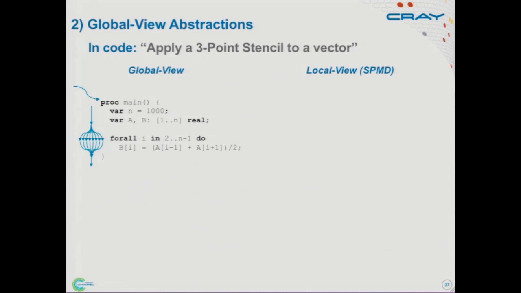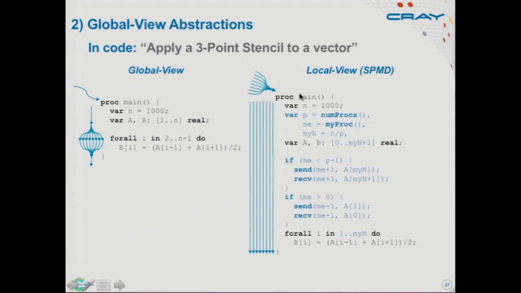But again, things like MPI and most of the traditional PGAS languages use more of a local view or SPMD model. In that model, things look like this. You write your main procedure assuming that not one copy of it is running, but many, many copies of it are running, and that's where your parallelism is really coming from. All the blue code on this right side of the slide is things I had to change from my conceptual global view code in order to get this local view code. And I've written this as kind of a pseudo message passing code.